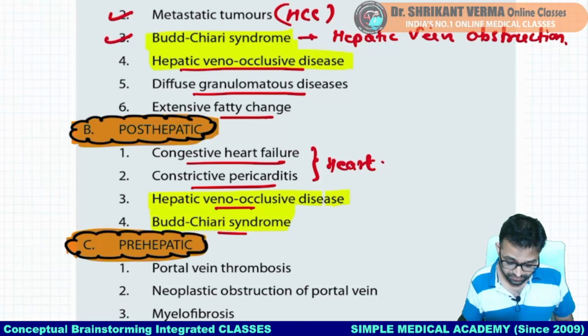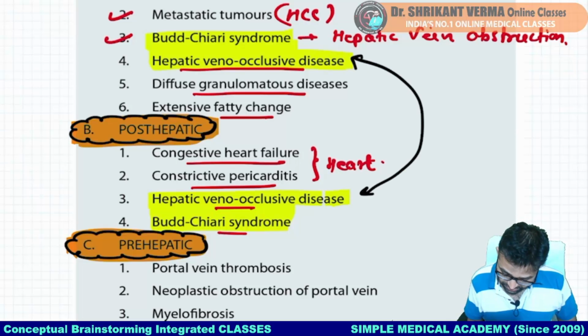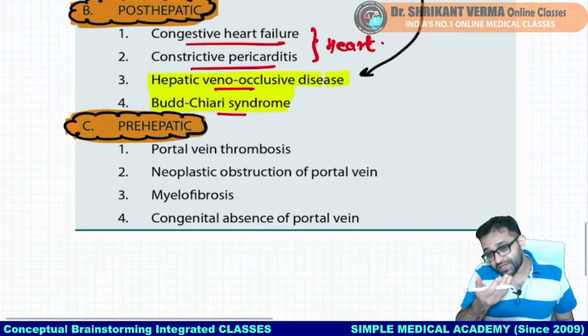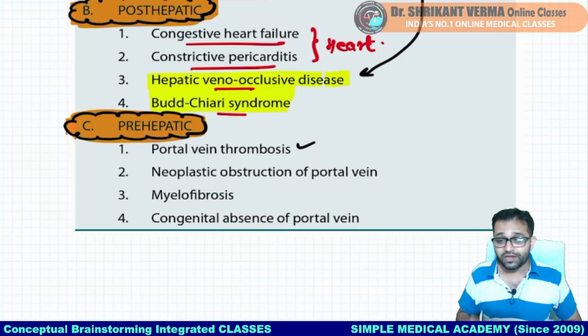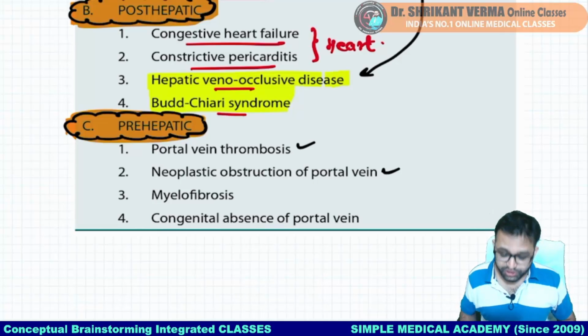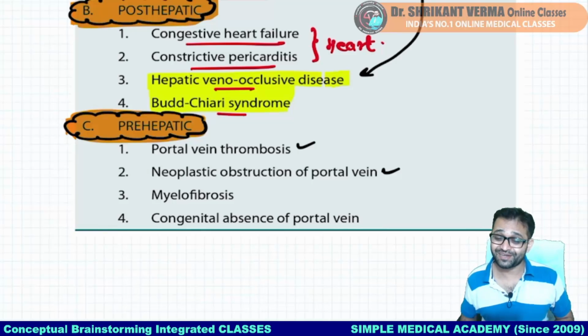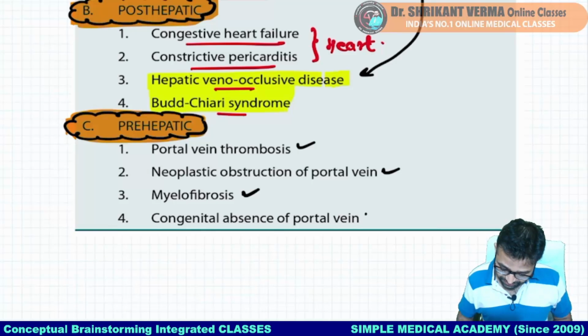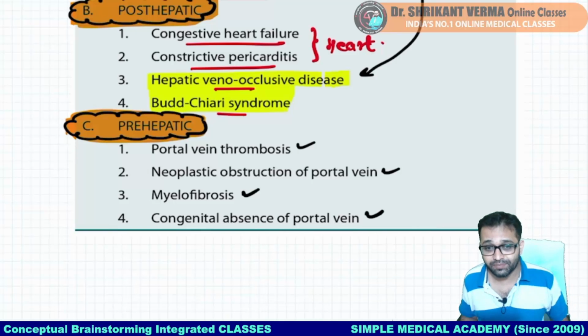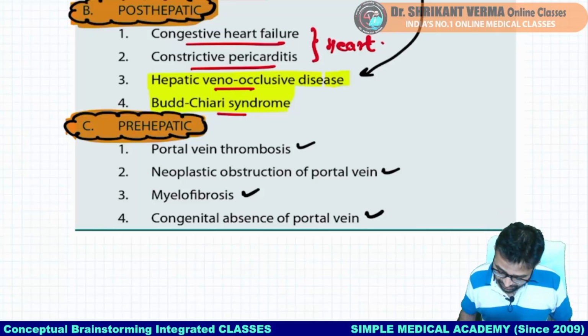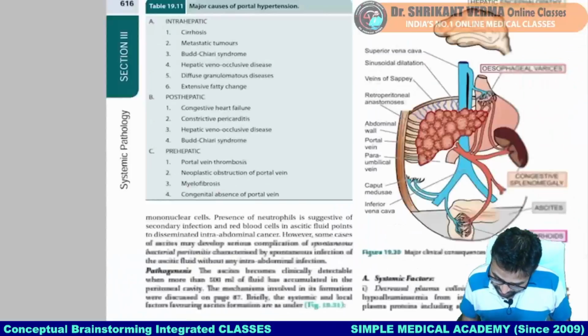Fine, इसे आप दोनों में काउंट कर सकते हैं। While the pre-hepatic, लीवर के पहले क्या क्या कॉज हो सकते हैं? पोर्टल वेन में ऑब्स्ट्रक्शन हो सकता है due to any tumor. There is obstruction in the portal vein, suppose पैनक्रियास के नेक में ट्यूमर हो गया तो पोर्टल वेन ऑब्स्ट्रक्ट होगा ही होगा। There is myelofibrosis and congenital absence of the portal vein. पोर्टल वेन है ही नहीं तो पोर्टल हाइपरटेंशन आपको देखने के लिए मिलेगा।